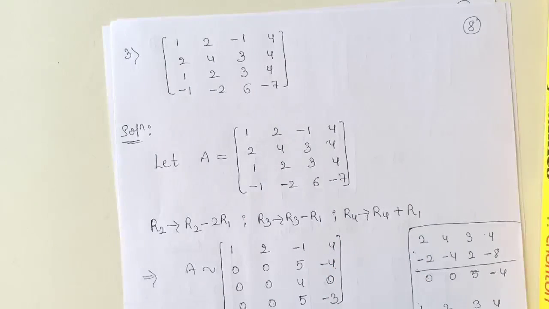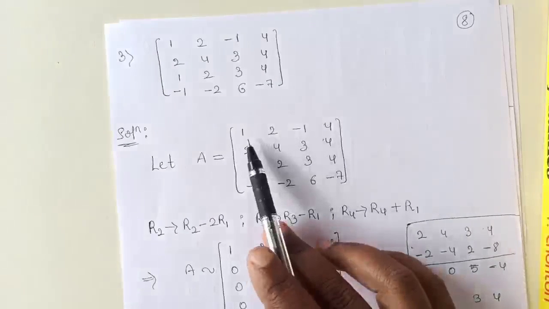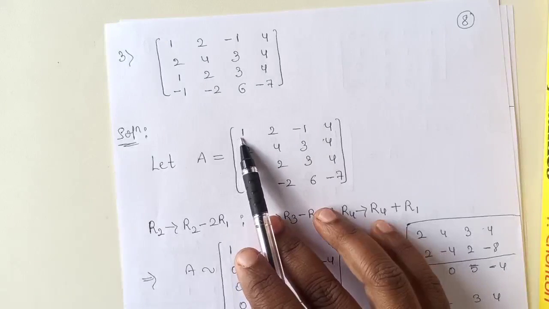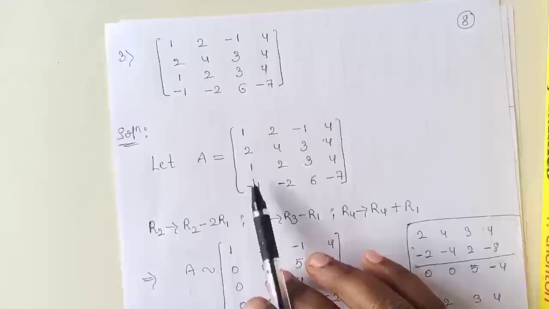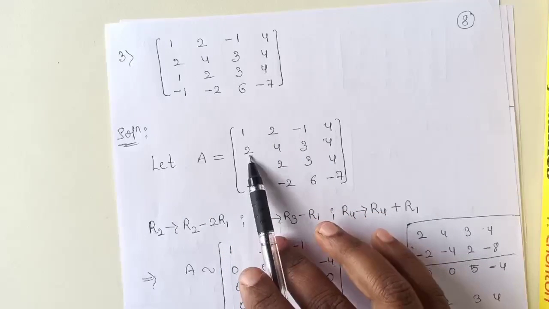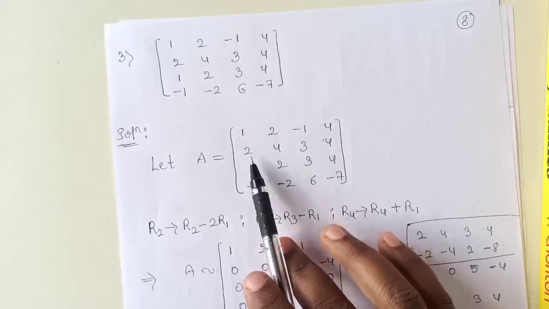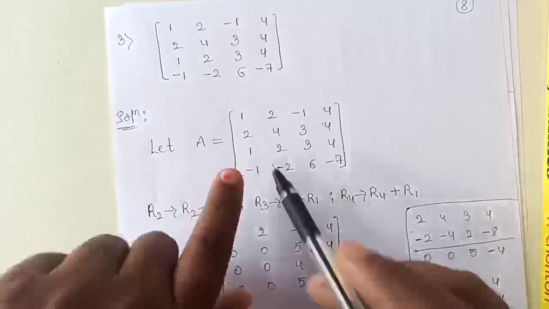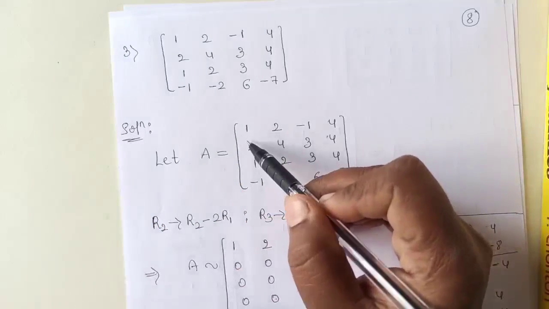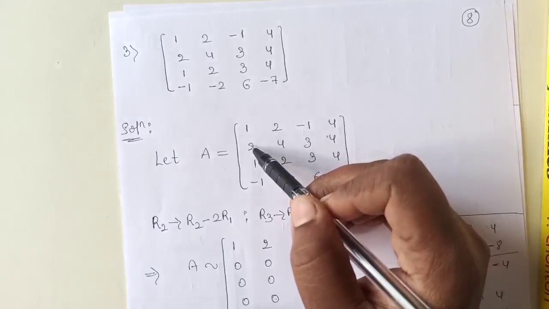To reduce to echelon form, the first entry of the first row should be 1, and everything below this 1 must be zeros. Already we have 1, so we have to make the first entries of these 3 rows zeros. For that, if I multiply R1 by 2 and subtract from R2, then we will get